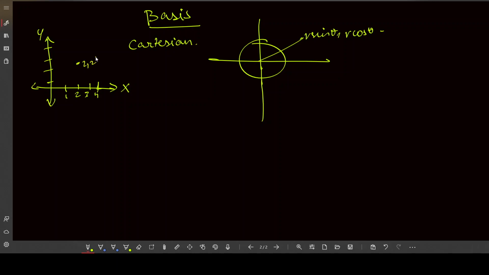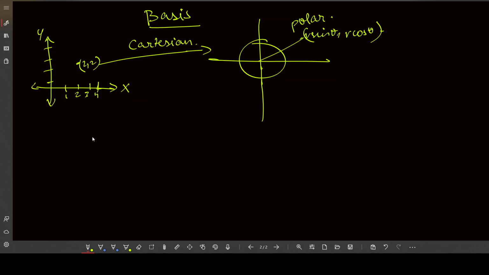This is 2 comma 2, and I want to convert this to the polar coordinate plane, right? Now, obviously, I can't just take 2 comma 2 and just put it here because there are some rules for conversion from a Cartesian plane to the polar plane. And unless I follow those rules, I can't just take this point and put it over here, right? So similarly, when you move from the Cartesian coordinate plane and the polar coordinate plane and you come to